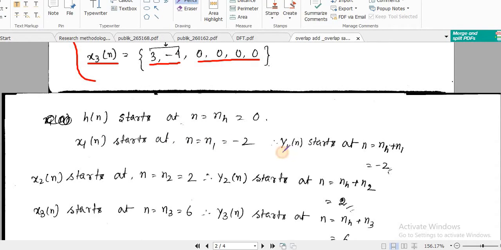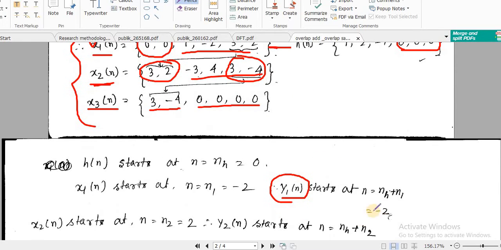If I consider that y1n is the result of the circular convolution of the first section, then y1n will start from nh plus n1. nh is the starting point of h, which is basically 0, and n1 is the starting point of x1n, which is basically minus 2.